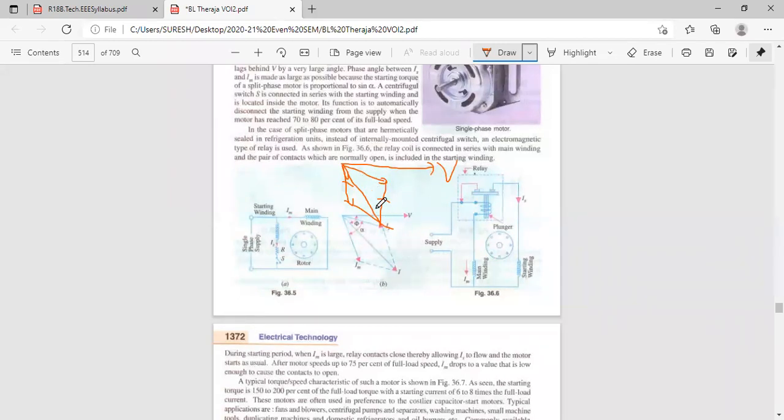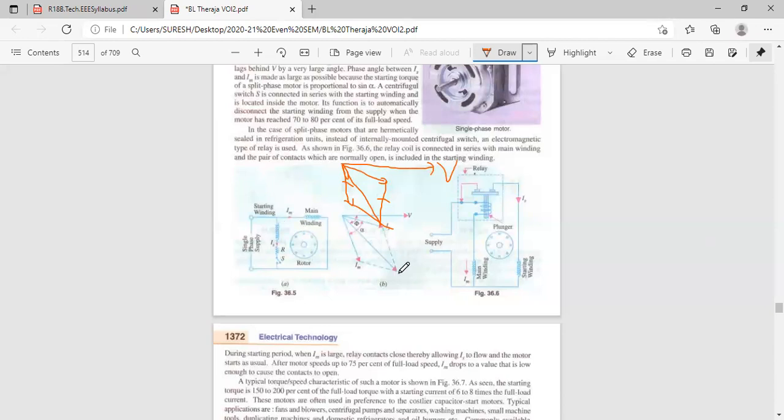What is this diagonal? This is the parallelogram. For IM and IS, we have constructed the parallelogram. I have taken this diagonal. This diagonal is I. This current I is dividing as IM and IS. I is equal to IM plus IS. I is the resultant of IM and IS. Therefore, I is the current. When you give single phase supply voltage, current I is flowing here. This I is dividing as IM and IS. Therefore, diagonal is your I, total current I.